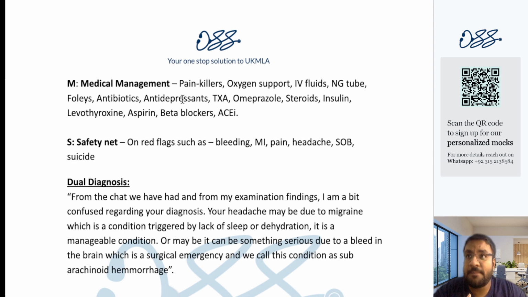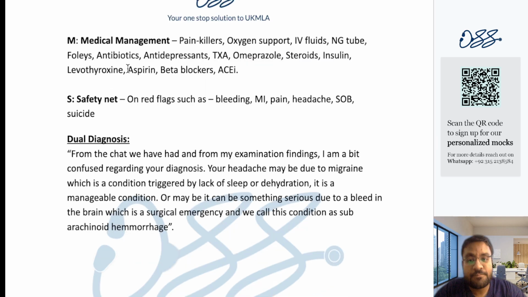Like for example, if somebody is here for lifestyle modification counseling, wants to lose weight, and the patient has high cholesterol. So your prime goal is to talk about the lifestyle modification, dietary habits, exercises. But since the patient is having high cholesterol, you may want to start the patient on statins as well. So even though it's a counseling session, somehow or the other, the medical management may be there. A few aspects of the medical management may be there that you want to do.